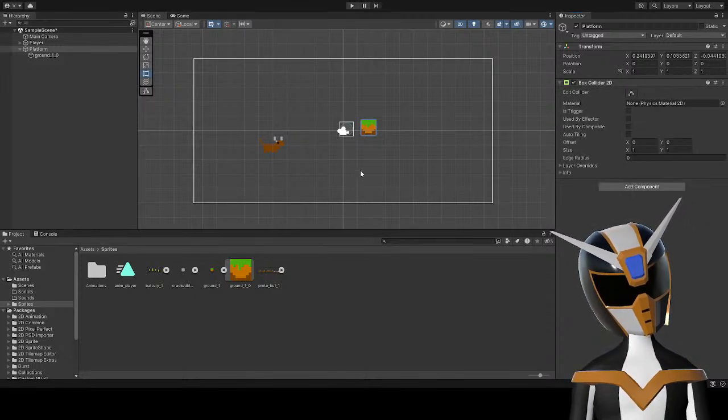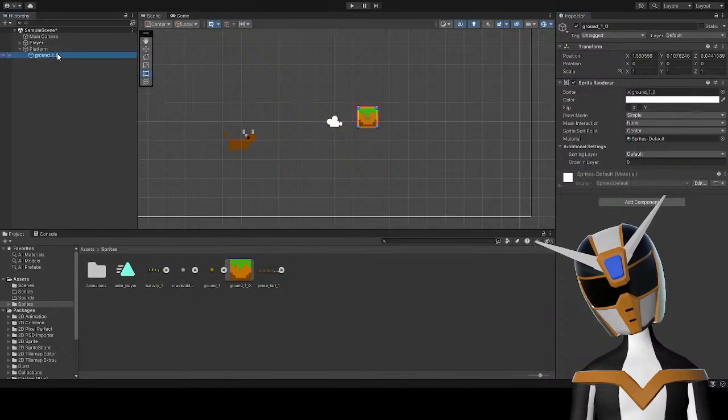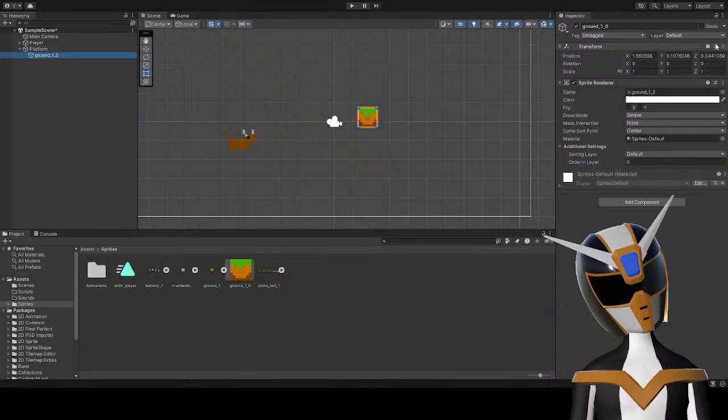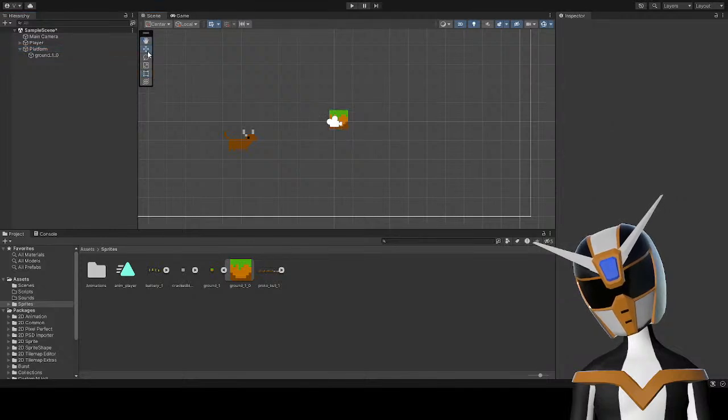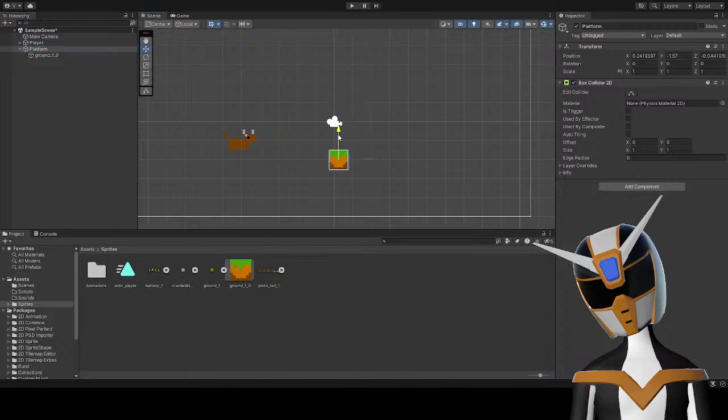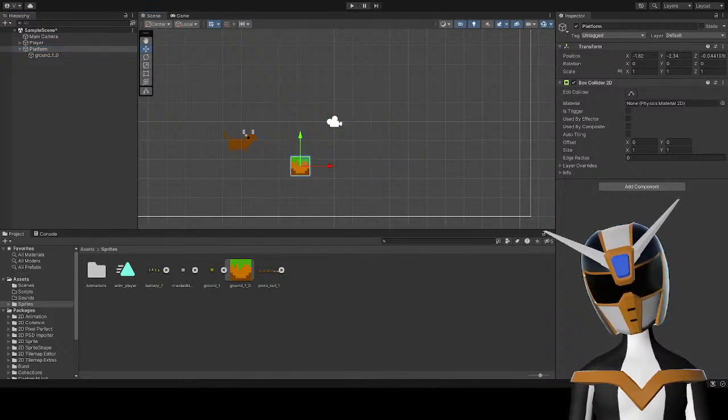Box collider 2D. Oh, I need to reposition this. Okay, so now I have a platform, or at least a single block of a platform. Need the move tool so I can move things around. There.